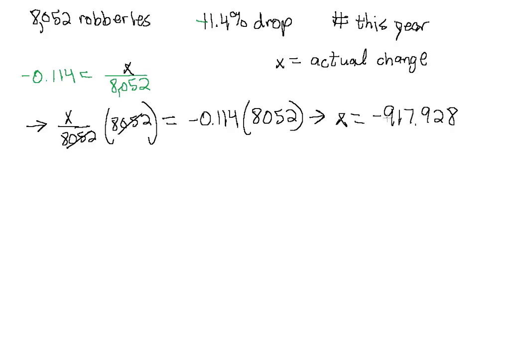Since this is a decrease, let's subtract this number from last year's number, the original amount, to get this year's number of robberies reported. Remember, we need to know what we're actually being asked to solve for, the number of robberies this year. So we have 8,052 minus 917.928. Now you wonder why we don't just round here and subtract a whole number from a whole number. That's actually important, so we're going to leave off our rounding till the end, and I'll tell you why in a second. We subtract 8,052 minus 917.928,